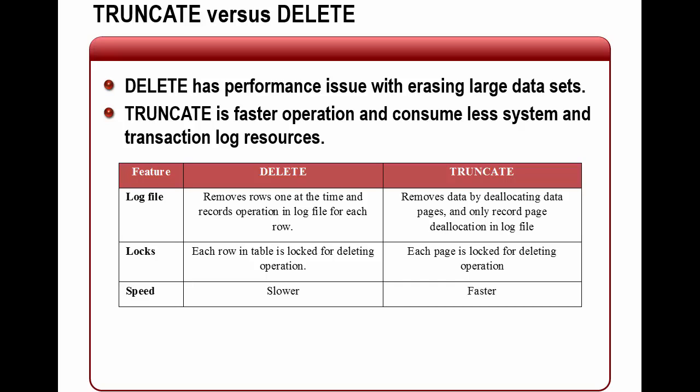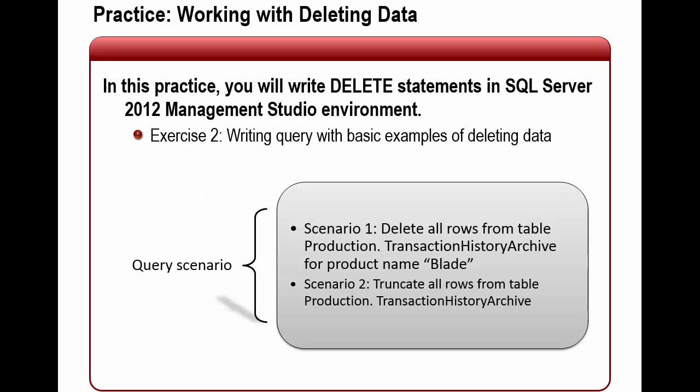Delete removes rows one at a time and logs each operation, and each row has one lock, and locking is a really serious performance issue inside your database, so it's a slower operation. And TRUNCATE removes data by deallocating data pages, and there is a lock per page. But each page can have one record or 100 records. So it depends on how big your data is inside your table, and it's a much faster operation. And in this practice, you will see two query scenarios,